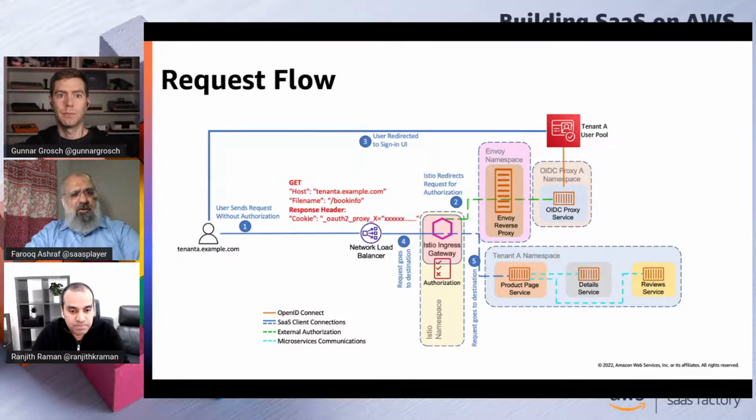Right. I just wanted to add one more point here. So the OIDC proxy, particularly OAuth2 Proxy, keeps session information in memory, but you can also configure a Redis cache along with that. That's for persistence and longer-term keeping of that data, or in case you're going beyond a single instance of OIDC proxy for a specific tenant. So that'll give you an opportunity to have a centralized location for session information.